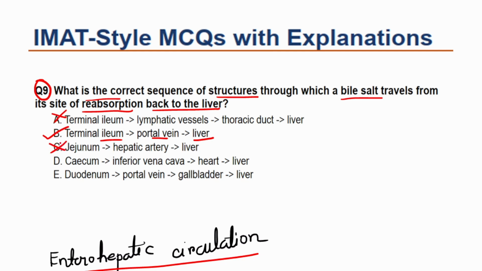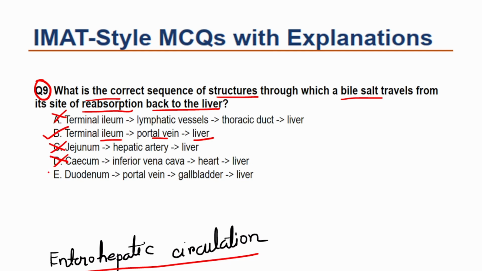Option C is incorrect because the jejunum handles macronutrient capture rather than bile salt recycling, and the hepatic artery carries oxygenated systemic blood from the heart to the liver, running in the opposite direction of the intestinal drainage. Option D is incorrect because the cecum does not possess the active transport machinery for bile salvage, and routing through the inferior vena cava would dump the salts into the right atrium of the heart, bypassing the required first pass